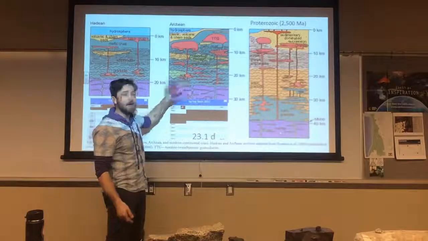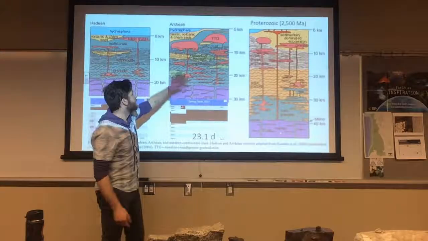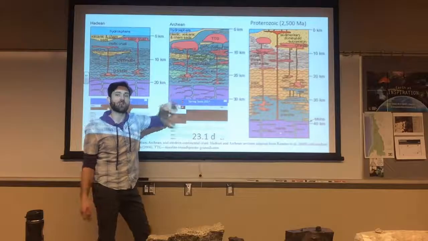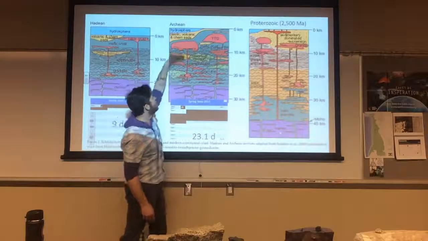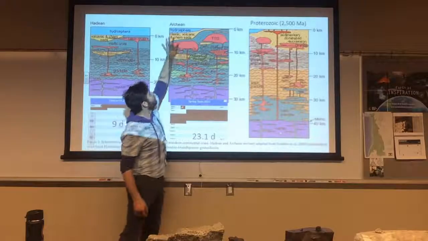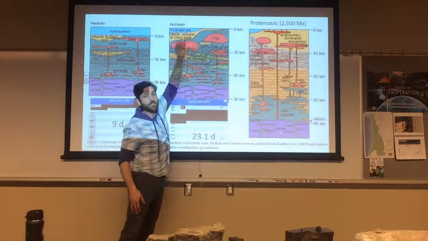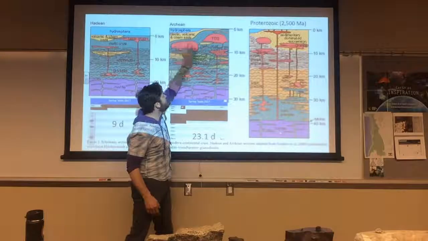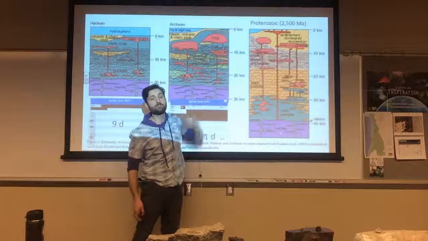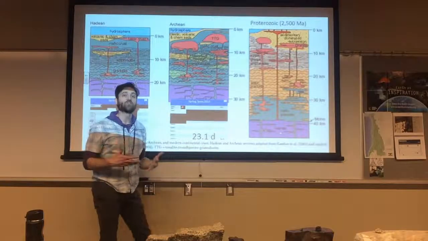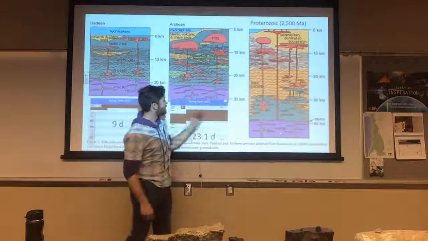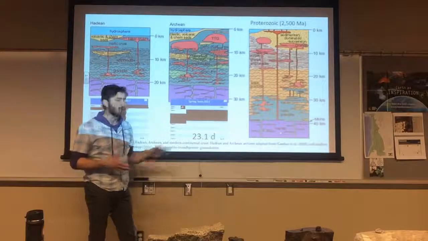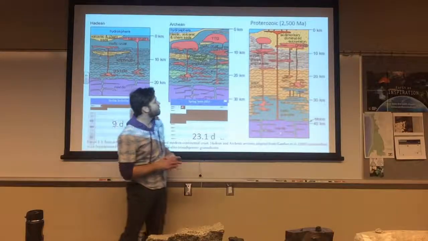And we start to see that by the Archean, the upper crust of the Earth is becoming more felsic rich, more granitic rich. So we have mafic materials and more sedimentary materials on the top as the Earth's surface is going through weathering processes, and then these large blobs or large magma chambers of the more granitic type of substances. That takes the Archean another 21 days of our geologic time calendar here.